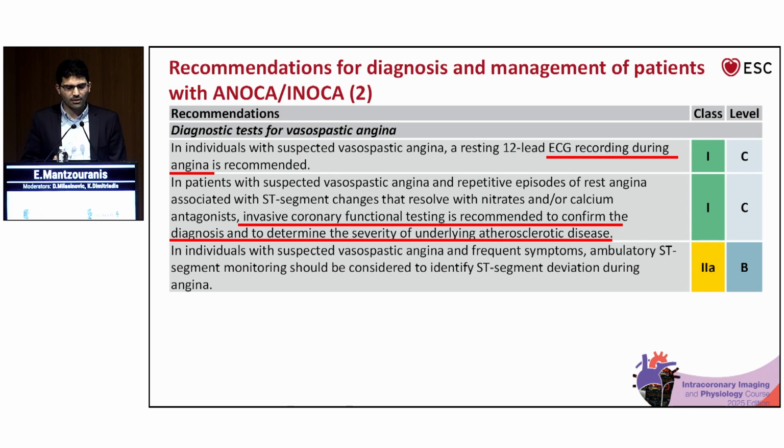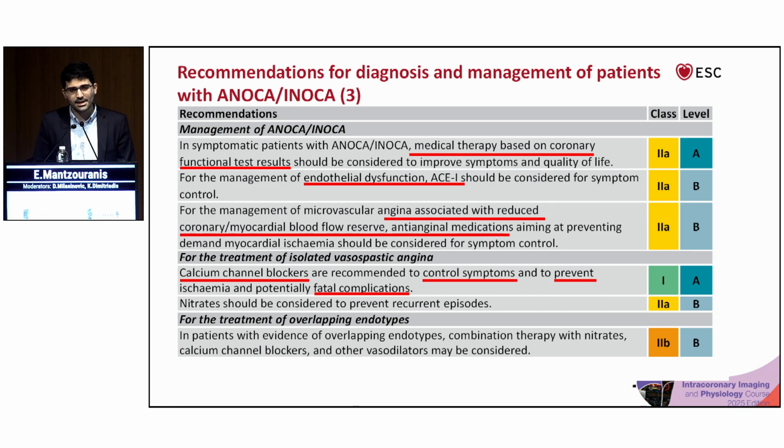Now, focusing on the diagnostic procedure for vasospastic angina, guidelines give a class 1 recommendation, of course, to the classic ECG recording, which can show ST elevation, but as we saw, there are cases where the ECG could be normal. And in patients with suspected vasospastic angina and repetitive episodes of pain associated with ST changes that resolve with nitrates or calcium antagonists, invasive functional coronary testing is still suggested with a class 1 indication, to prove the diagnosis and to exclude the severity of concomitant atherosclerotic disease, which is a common scenario. And about the management,